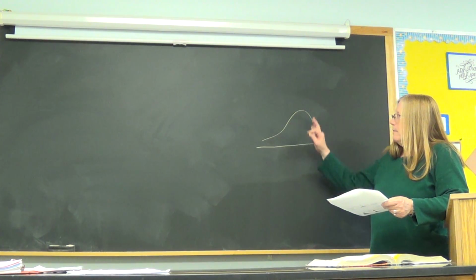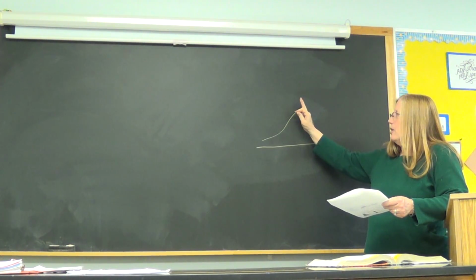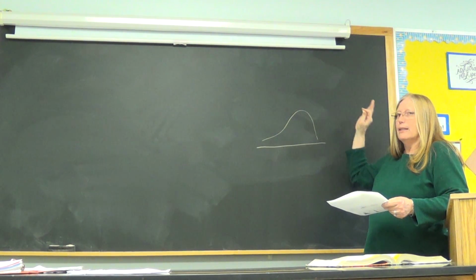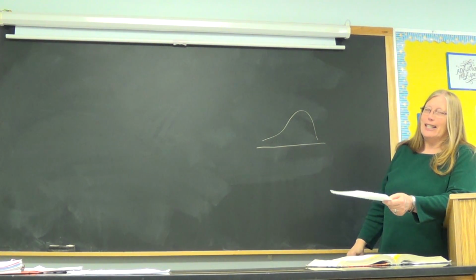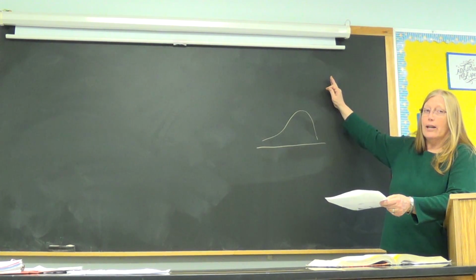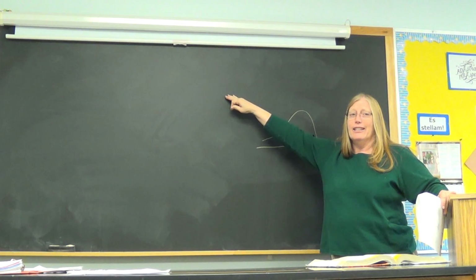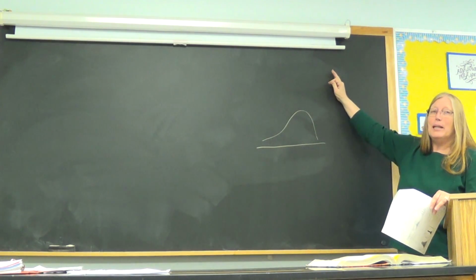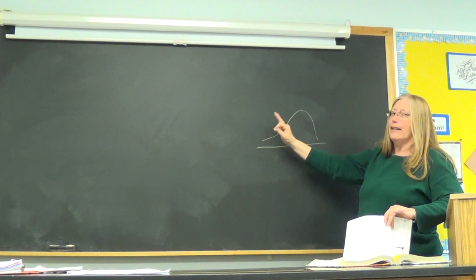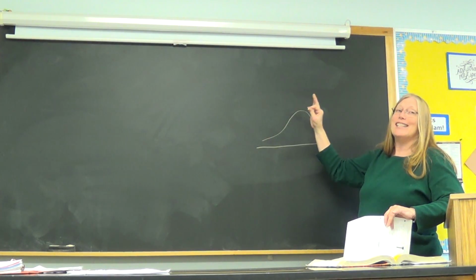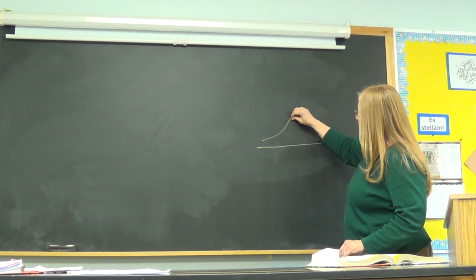So we're going to look at the mean of this. Do you remember what happens to the mean when it's in a skewed distribution? It moves. Remember, the median pretty much stays the same because it's the middle number. So it doesn't matter if you add a really high number like 1 billion, it doesn't really change the median very much. So the median stays the same, but the mean, remember, is not resistant to extreme measures. So it's going to move from there somewhere in here.